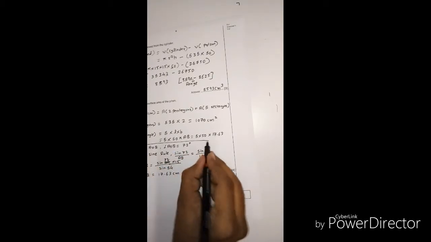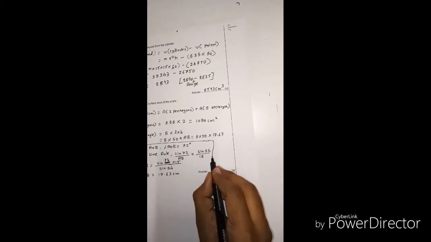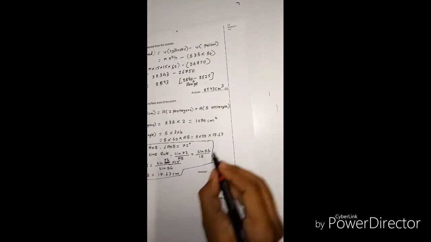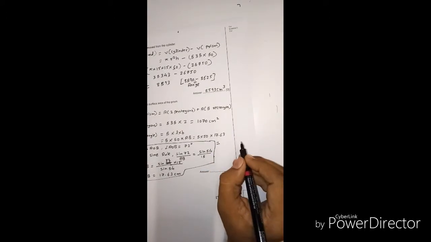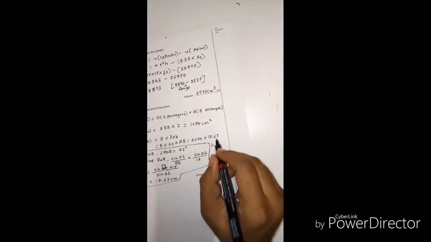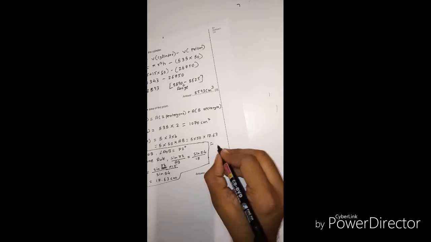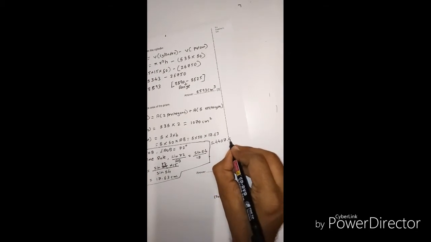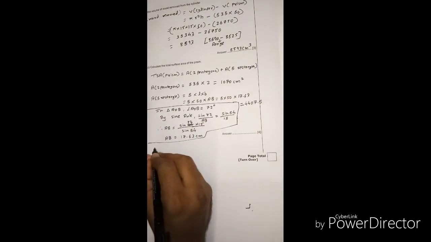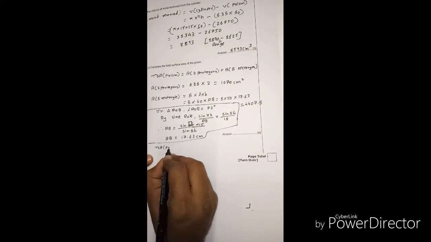Which is equal to, now I will segregate this so that you don't get confused. And when you are finding the value of this, your final answer for 5 into 550 into 17.6 is equal to 4407.5. Now the final value to find the TSA of prism, as I told you, so TSA of prism will